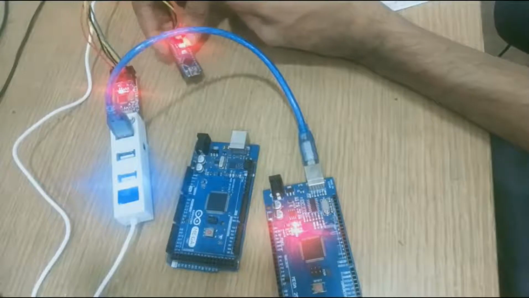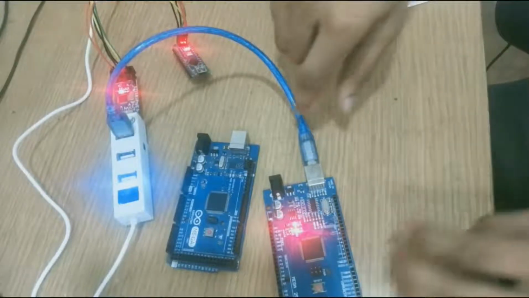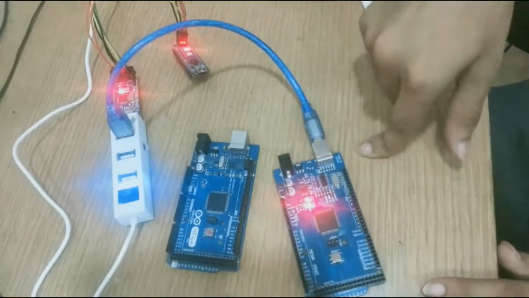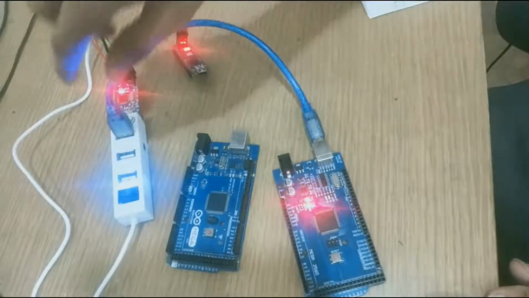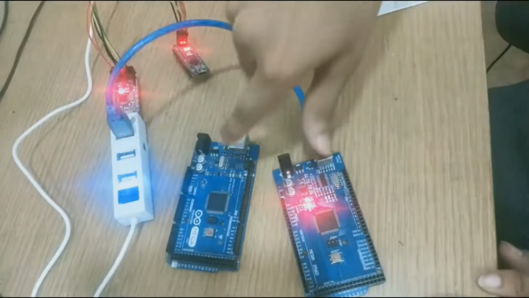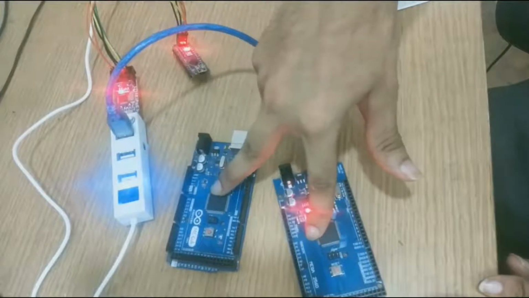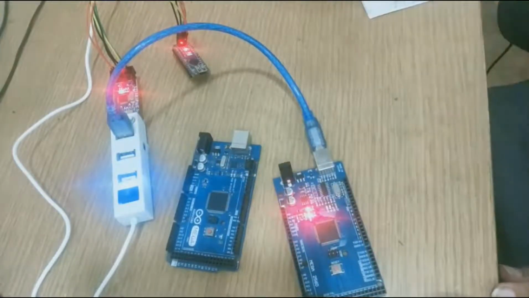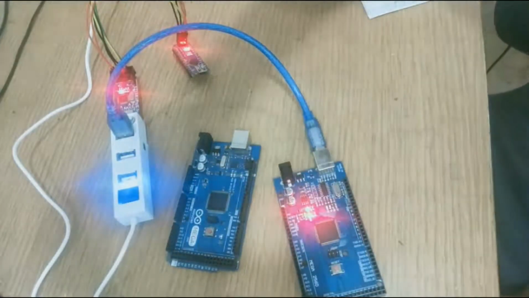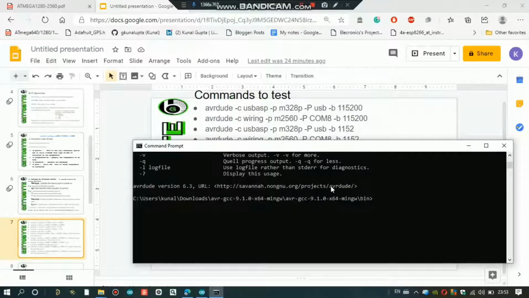I have given its schematic diagram in the link below, and I have connected the Arduino Mega via Arduino cable to the USB port. So I am using two Arduino Megas here. You will get to know why when we dive into the practical part. In the diagram I will tell you which MCU I have connected to which port.